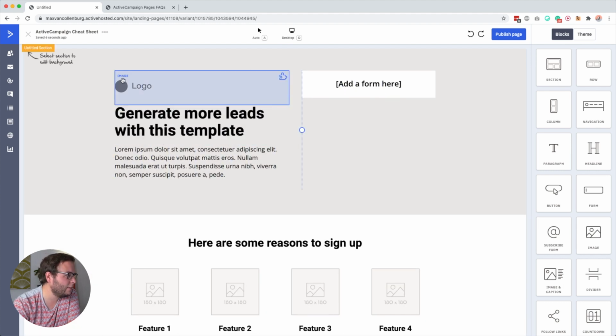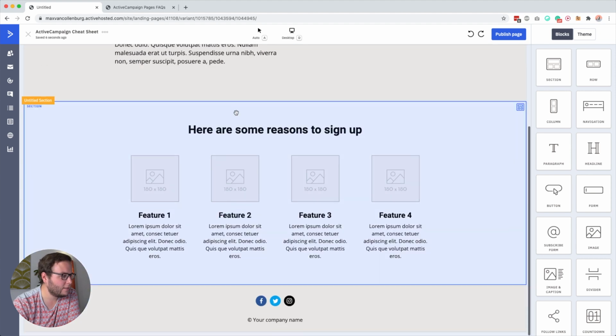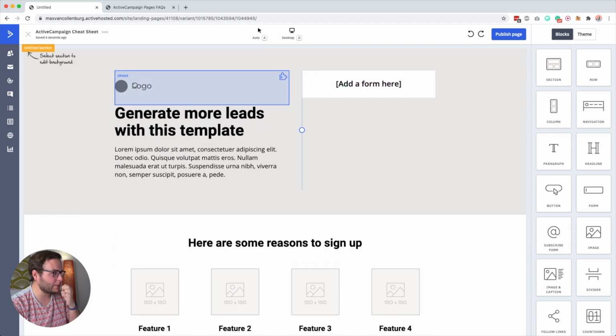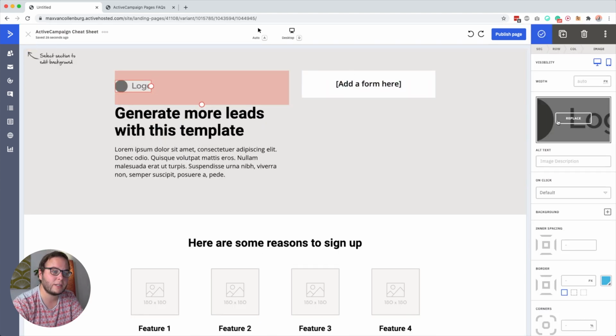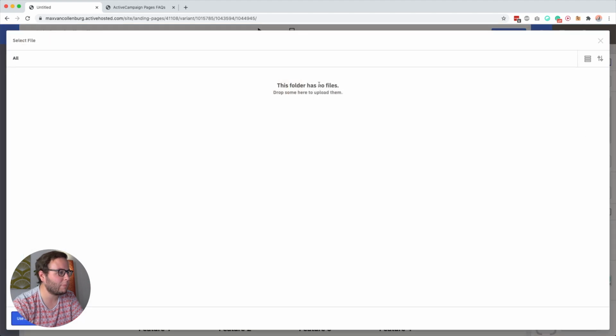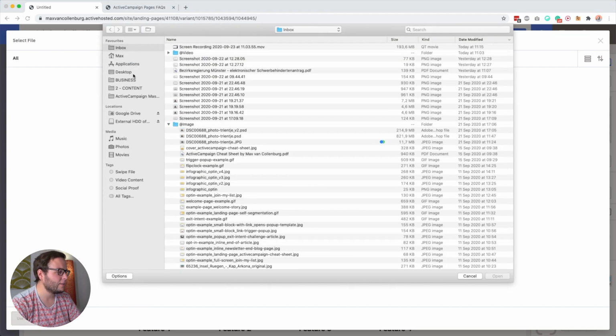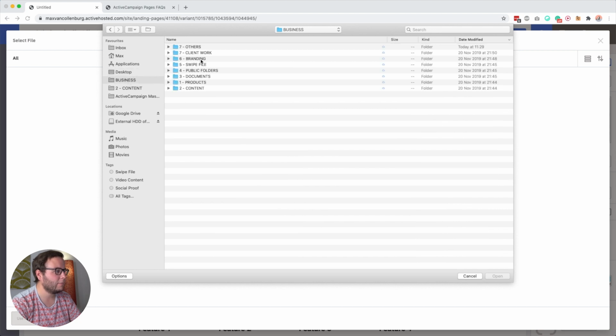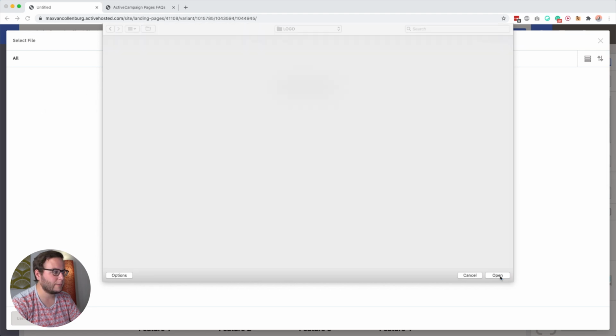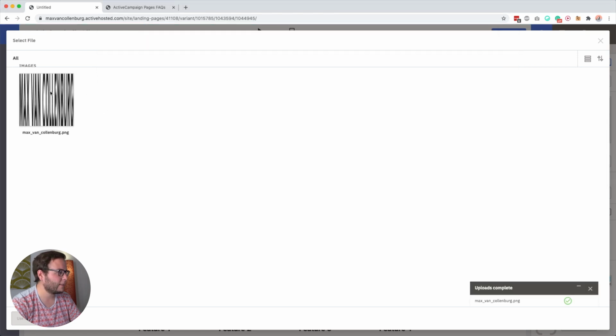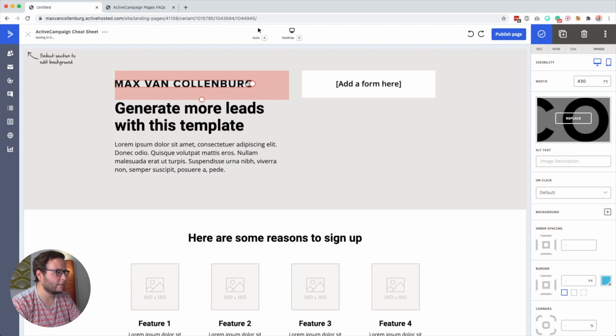Then we have a heading, we have a logo, some reasons to sign up, and here you can add some photos. Let's play a bit around with this. For the logo, I want to add my logo, so I'm going to click replace. Then it seems like there's a nice folder. The upload button is a bit hidden down here. Then we go over to my logo stuff. Logo. Yes, I want to add this one, and then we have this in there, use image. All right, so it looks quite great.